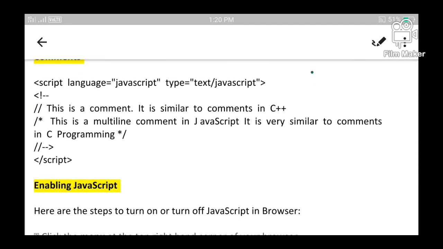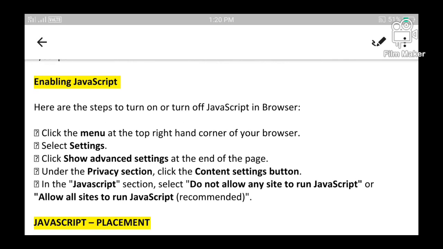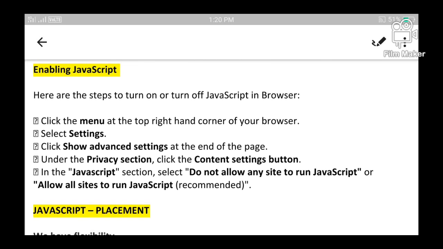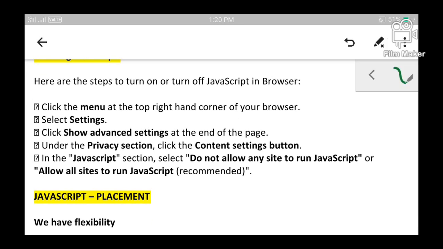Moving on to the next topic, let us see how you can enable JavaScript in your system. There are certain steps that allow you to turn on or turn off JavaScript in your browser. What you have to do? Simple. You can click the menu at the top right corner of your browser and then select settings.